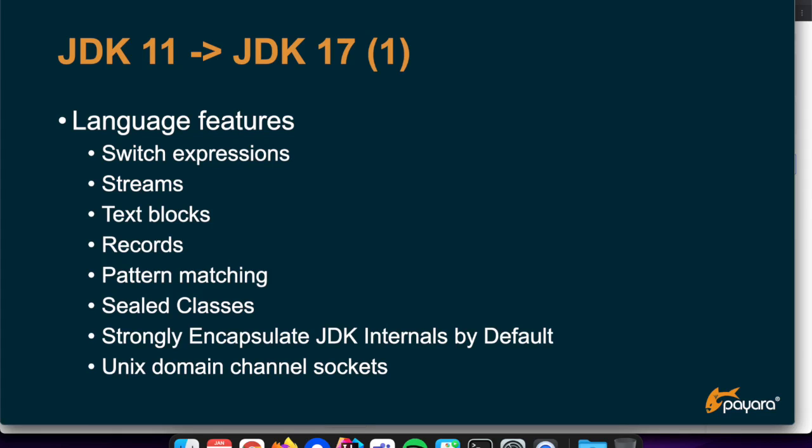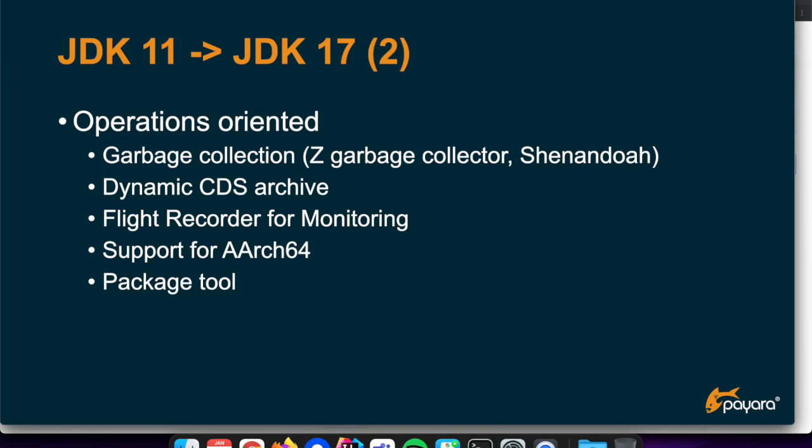These are the language features. They have been discussed already several times. You see a lot of examples for them on the internet, so I'm not going to talk about those in this presentation. But I want to talk more about those operations-oriented changes, like the changes in garbage collectors, that CDS archive and that dynamic CDS archive, which is